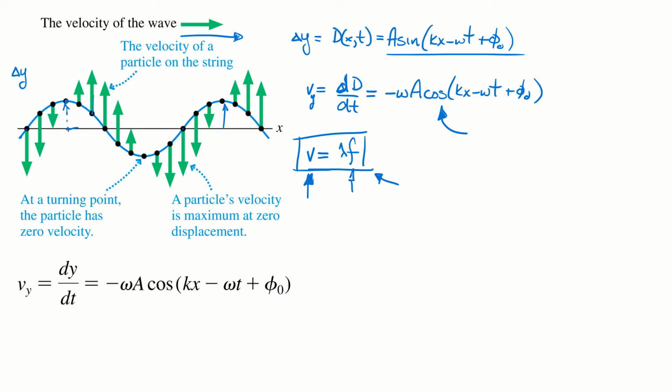The frequency is actually a property of the source of that wave. So consider again that wave on a string example: you have a small light piece of rope attached to the wall, and you start shaking it up and down with your hand. How fast that wave moves through the string depends on the properties of the string. How tight is it? How heavy is it? Whereas the frequency, how fast it goes up and down, depends on the source of that wave, i.e. you. How fast do you decide to shake it up and down? The wave speed is from the medium, and the frequency is a property of the source.